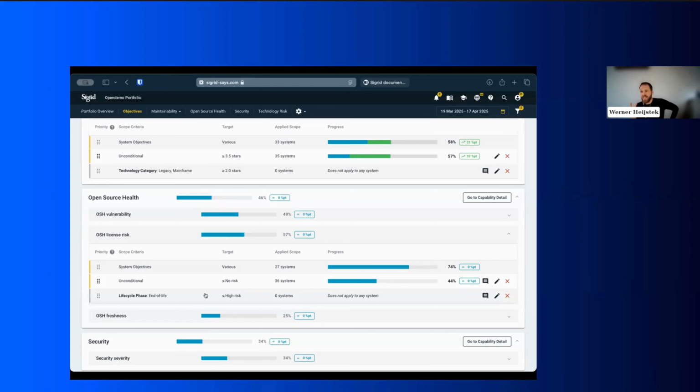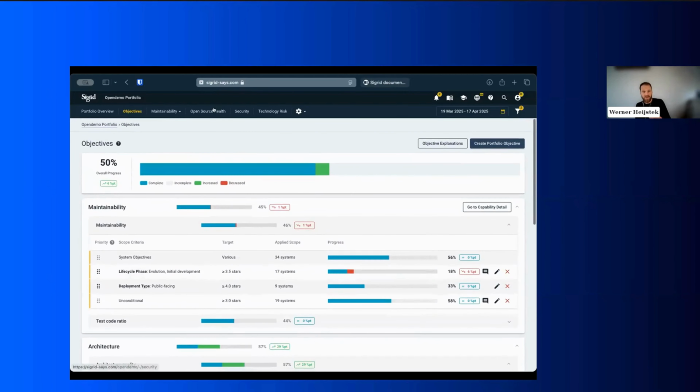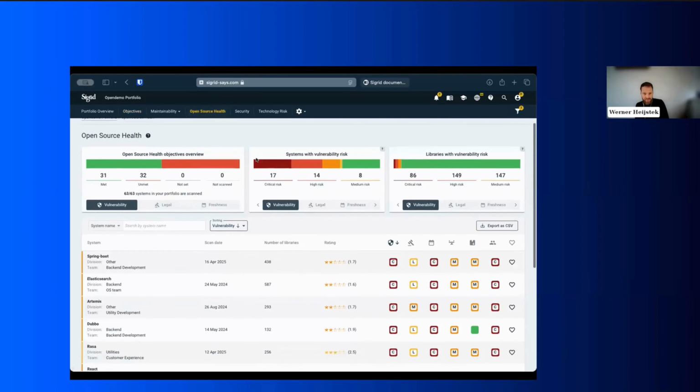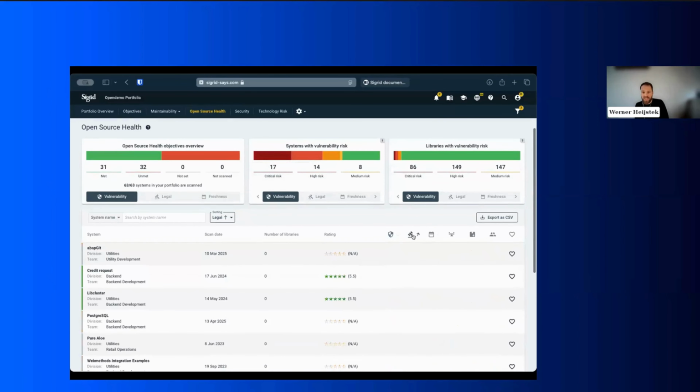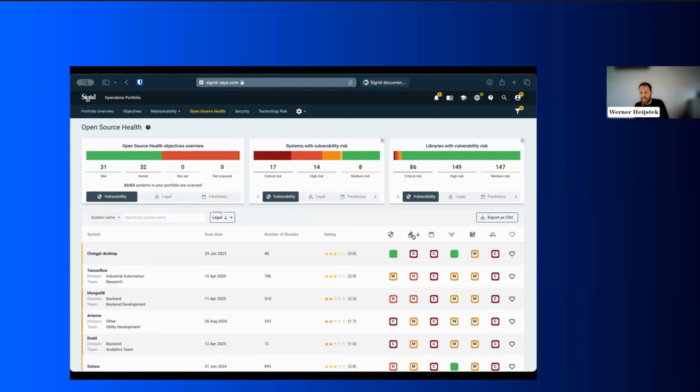Now you can use it in two ways. You can mop. That means that you log into this system and you actually look at the entire landscape. Let's go to open source health, for example, which I just talked about. And you can look at where you see open source licenses that you don't like and that are very problematic. But you can also use it as closing the faucet, where you say, I don't even want to log into the system. I want my developers to develop. And the only thing that I want is for them to see in their pipeline if they don't comply. And so they get a remark saying, hey, this is not completely in line with what you want.